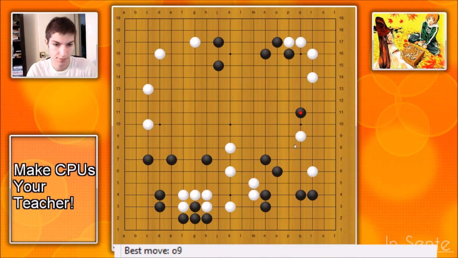09. Makes sense. Jump out. So you want to jump out, keep black from getting connected, since this is not a lot of points anyway, and there's no way white can keep this now that this black stone is here. It makes sense to try to use your stones to influence more of the board. I, in fact, played here,